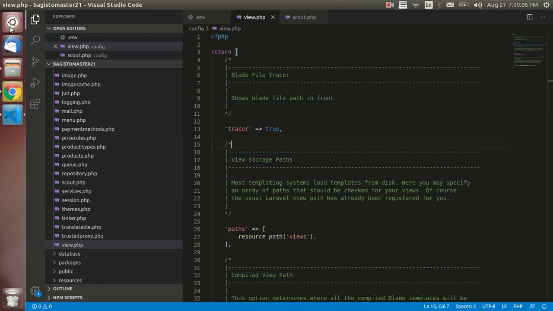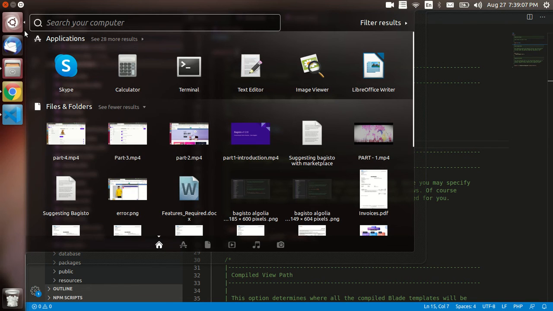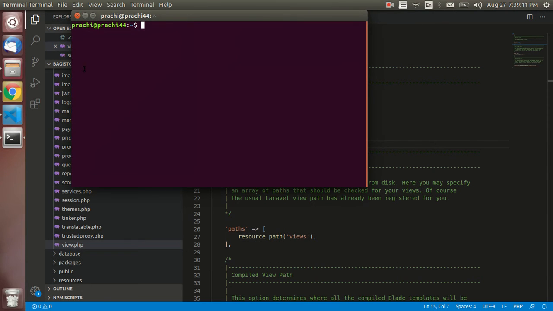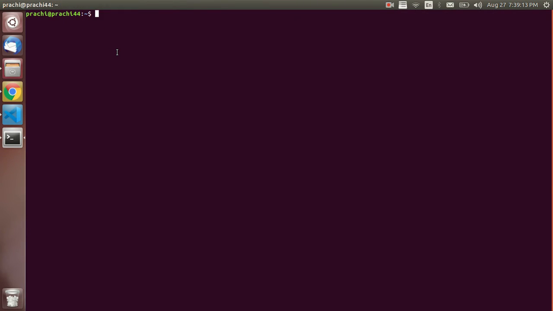Now let's go to the terminal and go to your project root. So now I am in my project root. The first command which I need to run is php artisan view:clear.